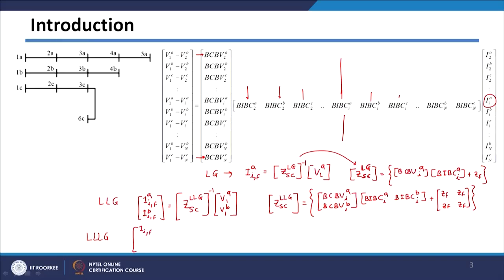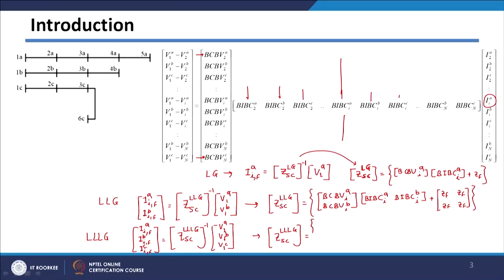So, the short circuit currents corresponding to phase A, phase B, and phase C will be equal to the inverse of the impedance matrix corresponding to the LLLG fault, multiplied by all the three voltages V1A, V1B and V1C. In this case, the short circuit matrix corresponding to the triple LG fault will be equal to